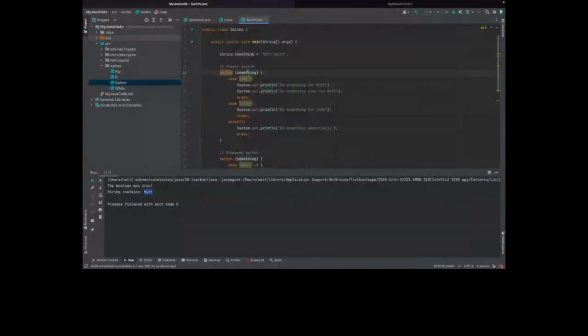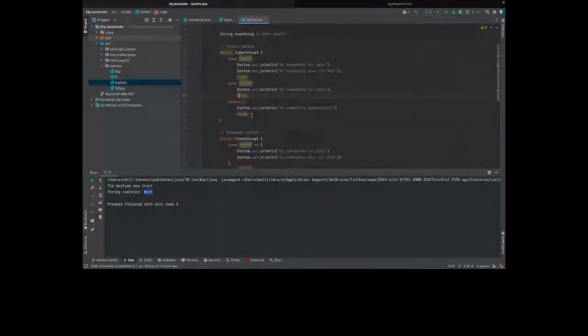So we're going to do a switch on something, and if the case is Matt, then we're going to do this bit of code and then break out of the switch statement. If it's John, then we'll do this bit of code and break out of the switch statement. And if it's none of the above cases, then the default behavior will just do something generic.